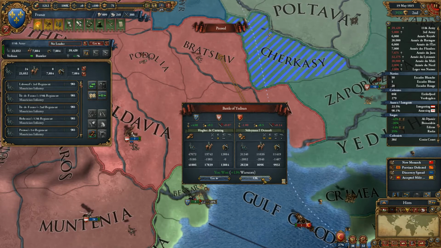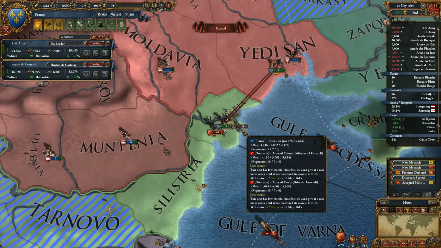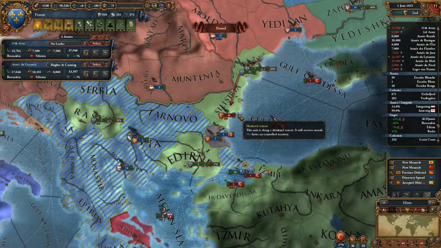And apparently the king in this case is also a fairly good general. They're doing a shadow retreat to Bessarabia, it seems. Where the hell are you shadow retreating to? Silistria? You can't run over the...